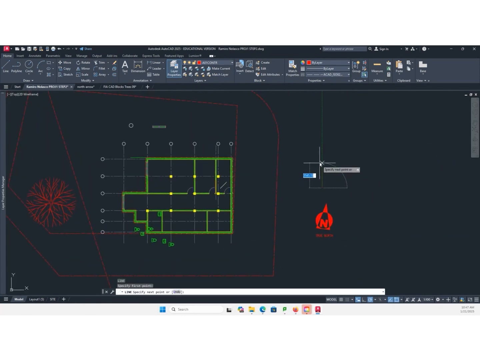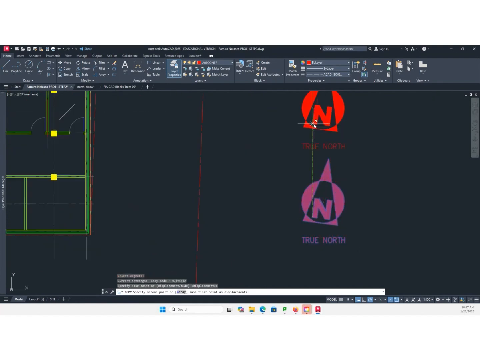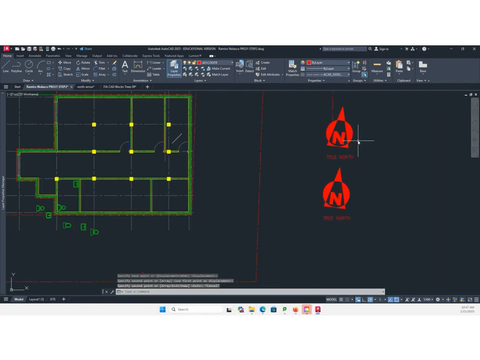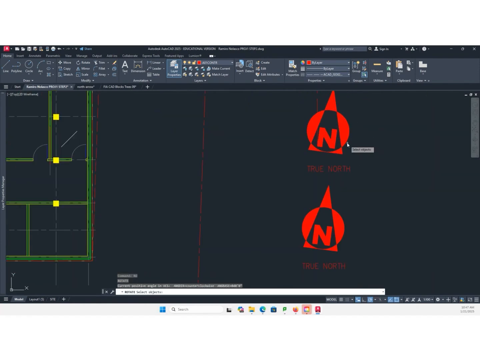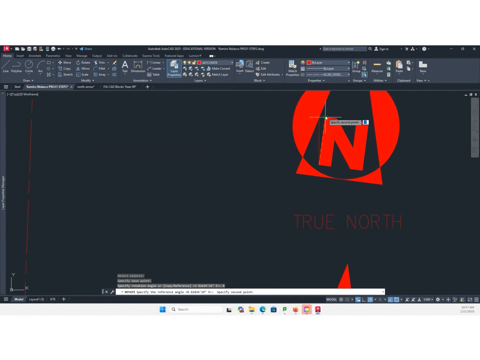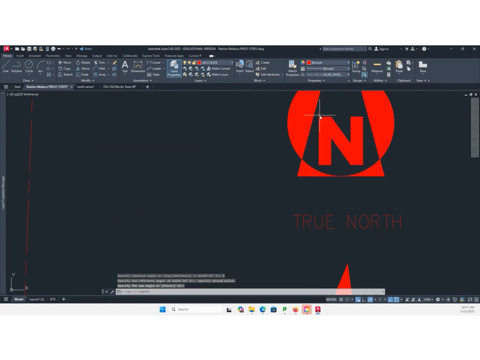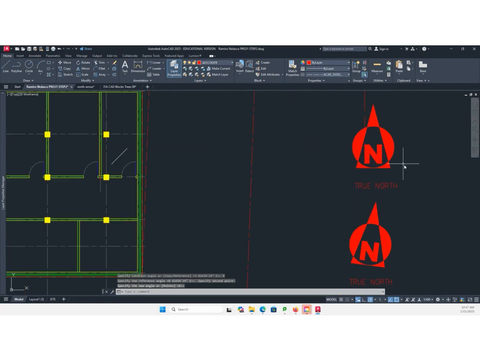So I'm going to just create a line here, straight up, and copy this. Can copy that from here to there. Okay. And rotate this using this as my base point, and then reference. This was my reference, and rotate. So it's pointing up.